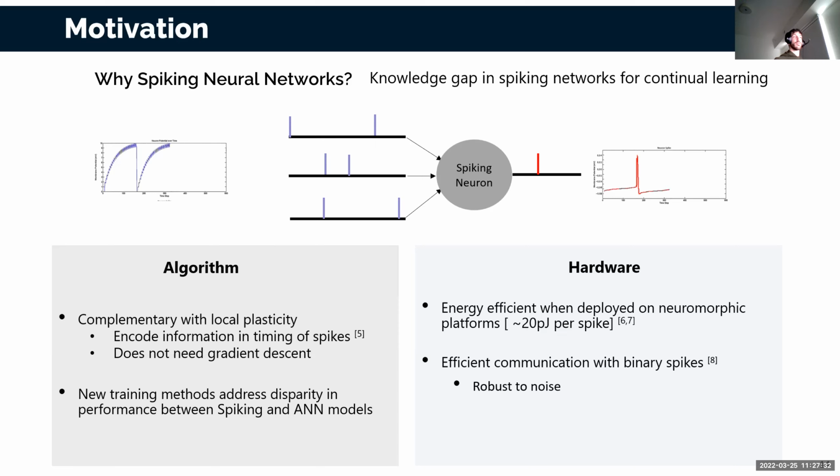And then again, with neuromorphic, the goal is energy efficient systems. You can get cheap spikes at 20 picojoules per spike. Binary spikes are very robust to noise. They don't involve multiplication operations when you do your neural network operation, because it's just a binary value. So if a spike is there, you accumulate whatever that synaptic value is, depending on how realistic the model is. But at the simplest level, that's as cheap as we can get with some of these abstractions.